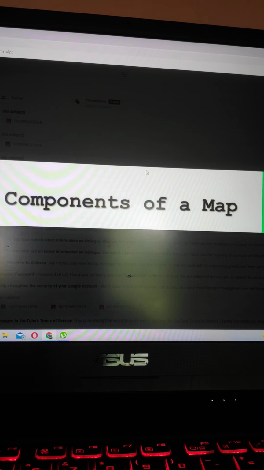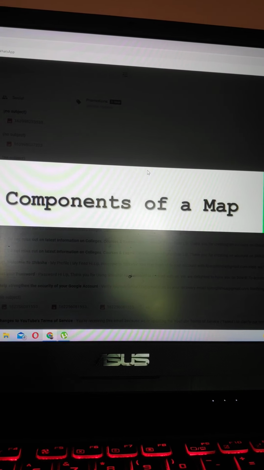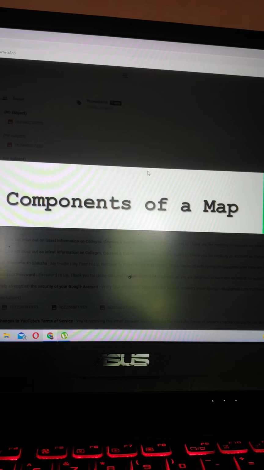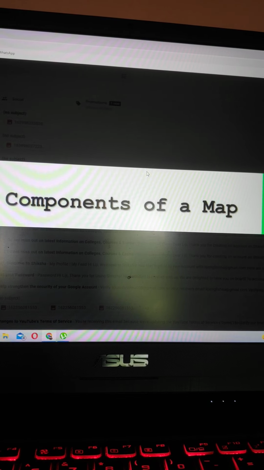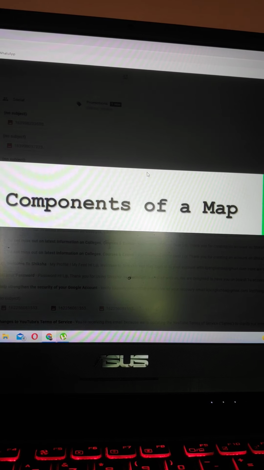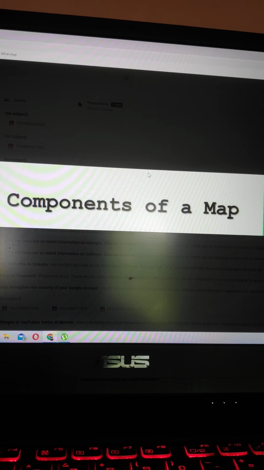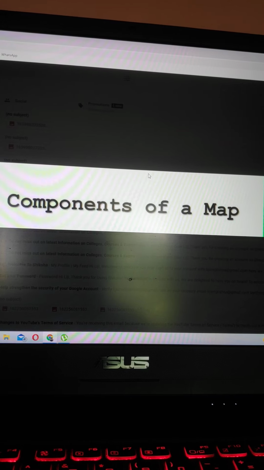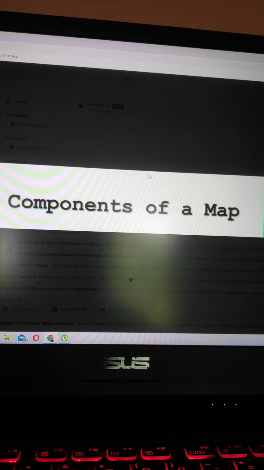Direction. There are 4 cardinal directions: north, south, east and west. On the map, there is an arrow that points towards the north and is represented by the letter N. Navigators use a magnetic compass to find direction. The needle in the compass always points to the north-south direction. In between these cardinal directions, there are 4 intermediate directions, namely northeast, northwest, southeast and southwest.